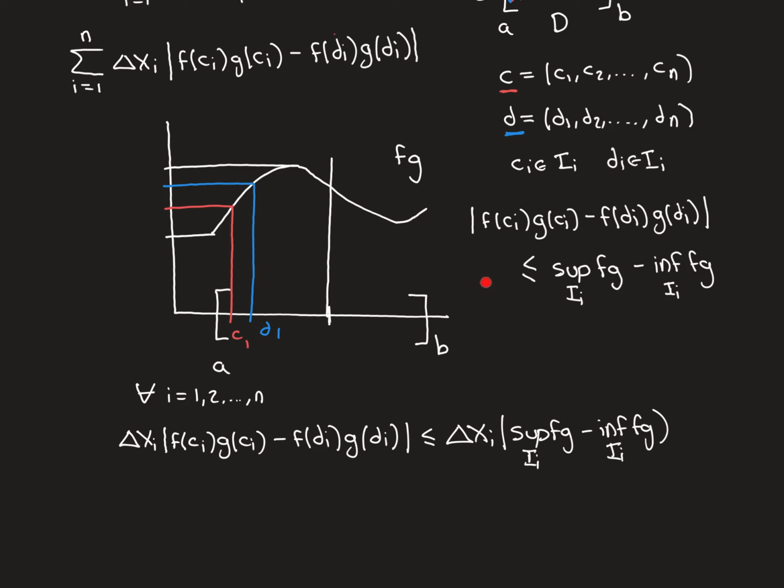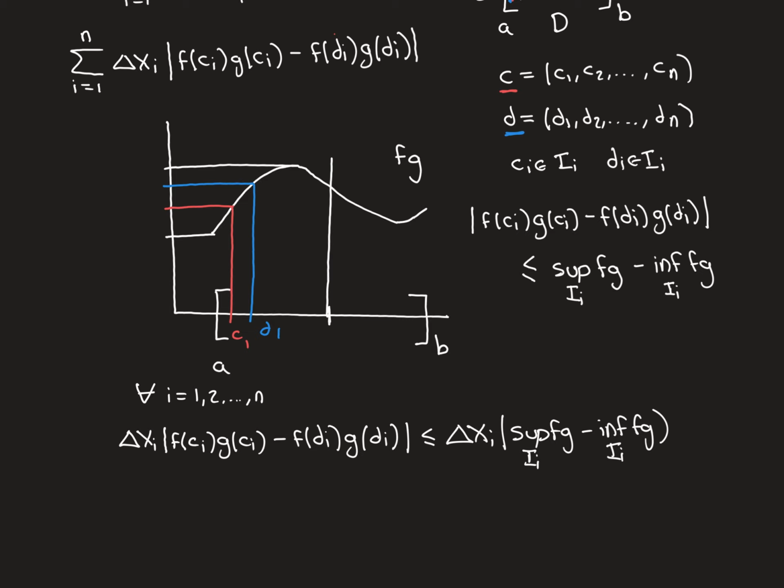So what we actually have here, for a given C and D sequence, is n separate inequalities, where you can put in i equals 1 to n to get the n separate inequalities. Now we can modify all n of those inequalities by multiplying each one through by its relevant interval length. So for i equals 1, we'd multiply through by the length of the first subinterval. For i equals 2, we'd multiply through by the second subinterval's length, etc., all the way up to i equals n, where we multiply through by the length of the nth